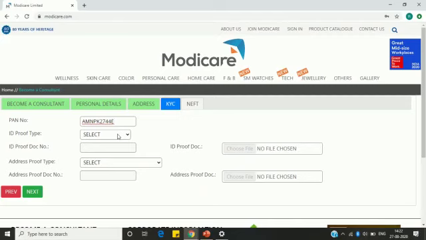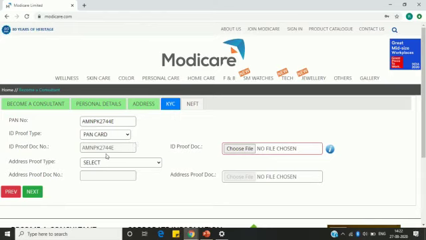ID proof means your identity proof. And once you click here, you can see some options: voter's ID, driving license, passport, PAN card, Aadhaar card. Which one you want to upload, select the corresponding name. So here I am selecting PAN card. So the number has come here.